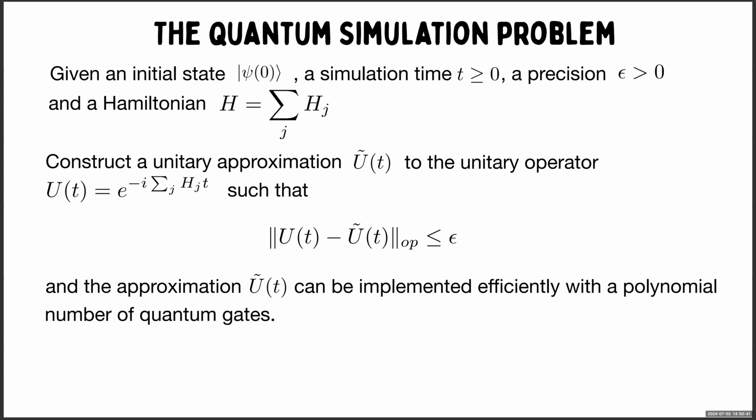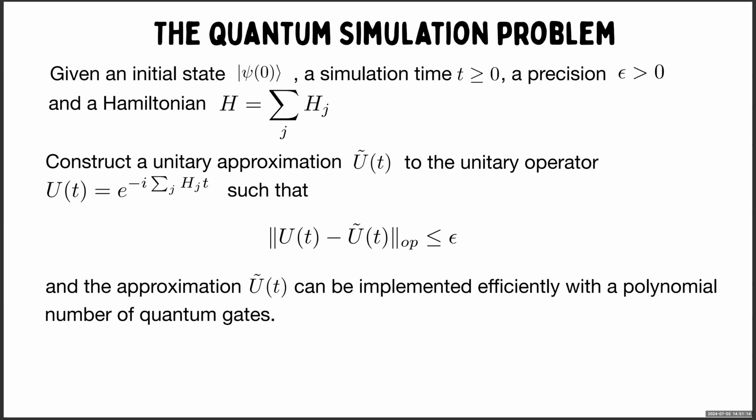So we're finally there after all of the, some boring mathematics, some maybe revision. We can now formally state the problem of quantum simulation that we will be solving for the next coming weeks. So, given an initial state, psi of 0, a simulation time, t, that's bigger than or equal to 0, and some precision epsilon, as well as this Hamiltonian in the following form,